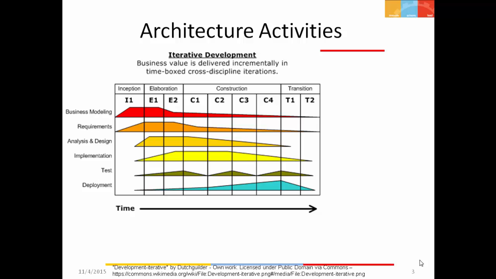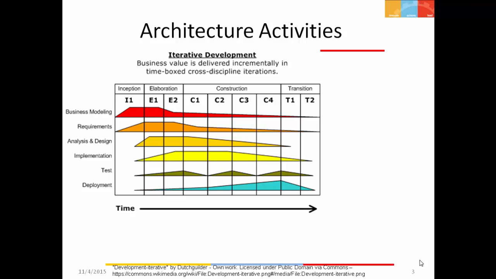Analysis and design, which is basically the architecture, mostly happens during the elaboration phase. Implementation starts towards the end of elaboration and then goes on during construction. Testing starts just when elaboration ends and construction starts, and it happens in bursts. For example, some tests happen during elaboration, then it stops, then again during construction some testing happens, and again it happens during